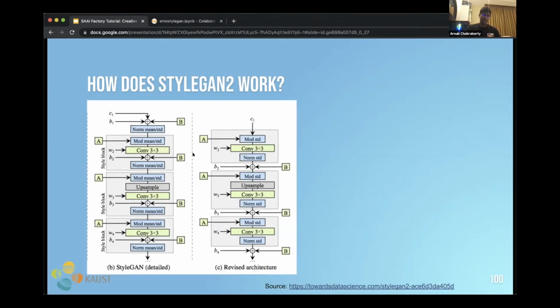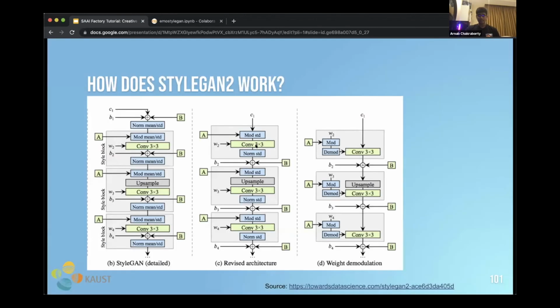However, StyleGAN 2, instead of using mean and standard deviation, just uses standard deviation and allows for analog inputs as well as digital inputs and digital outputs, analog outputs, by putting the inputs and the outputs all into the style block instead of being separated from outside the style block. It also allows for weight demodulation, which allows for weighted pathways for the generation of the images to preemptively